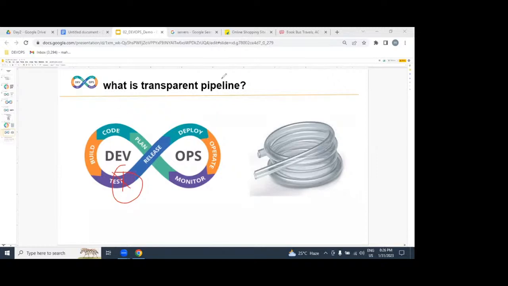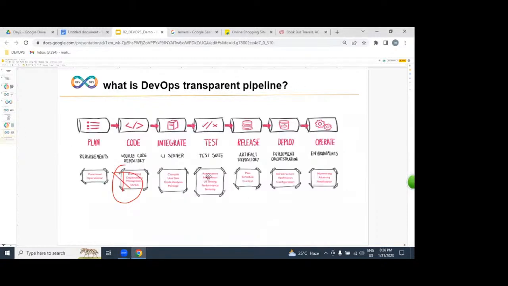The actual DevOps transparent pipeline looks like this only. In this DevOps transparent pipeline, we have plan, coding, integration, testing, release, deploy, and operations.